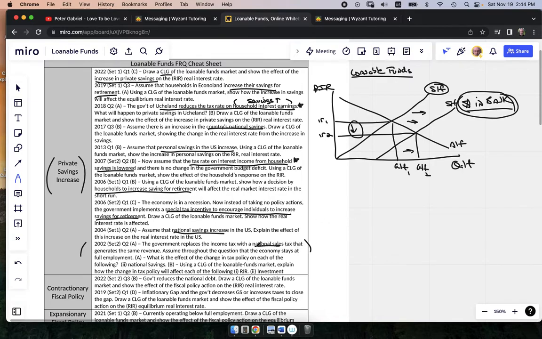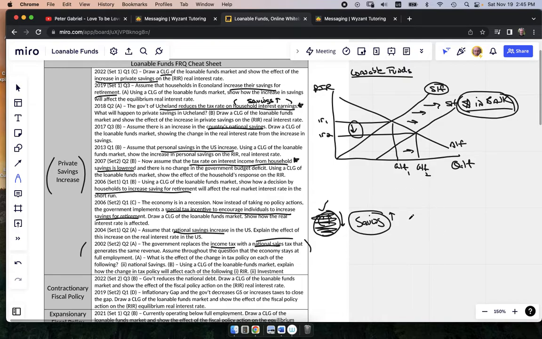Well, again, the idea here is if they're not taxing income anymore, they're only taxing a sales tax, meaning that you have to buy something or consume something before you would actually be taxed. So if consumption is taxed, well, guess what's going to increase? There's only one thing you can do with a dollar. You can either spend it or you can save it. In this instance, consumption would go down, and we can be pretty sure that savings would go up, and we're back to our same understanding of a supply of loanable funds increasing.